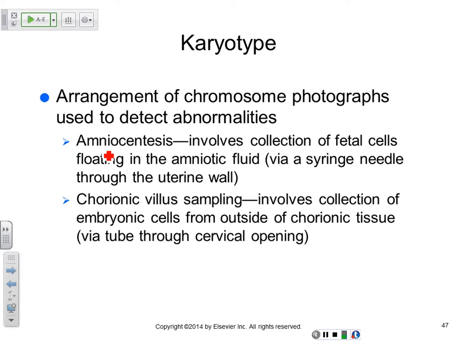All right. So a karyotype, of course, is the picture of the genetic information in the cell, of all the chromosomes, and you can determine all these chromosomal conditions. Normally, when a woman gets pregnant, based on deliberations with the genetic counselor, they may be told, in your family you may have a likelihood of creating this condition. So when they get pregnant, they might want to know, okay, what are we carrying, and so they have to harvest cells of the fetus.